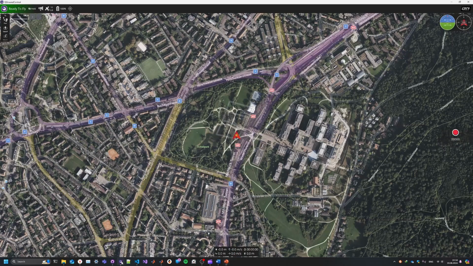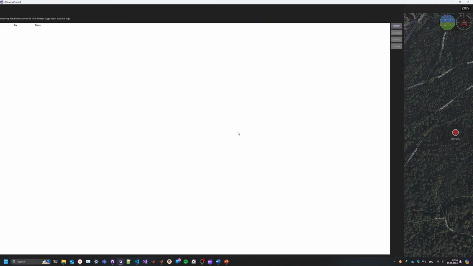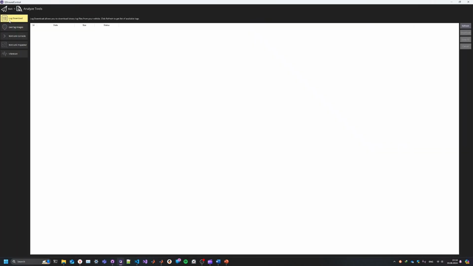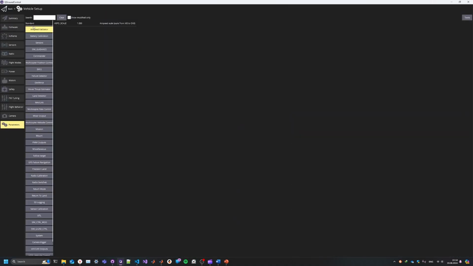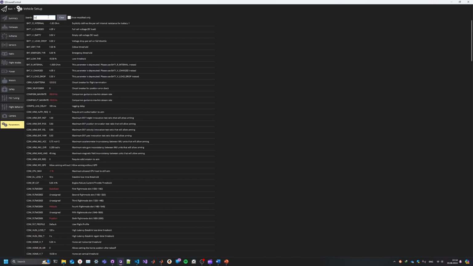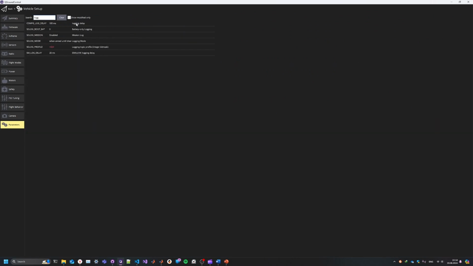So if we were to run QGroundControl with our firmware, we can go to Analyze Tools, to the Log Download tab, and refresh that. Right now it's not logging anything because it has never been armed, but basically all of this would get populated and logs will be produced. To ensure that that's actually happening, we need to go to the settings and type log, and